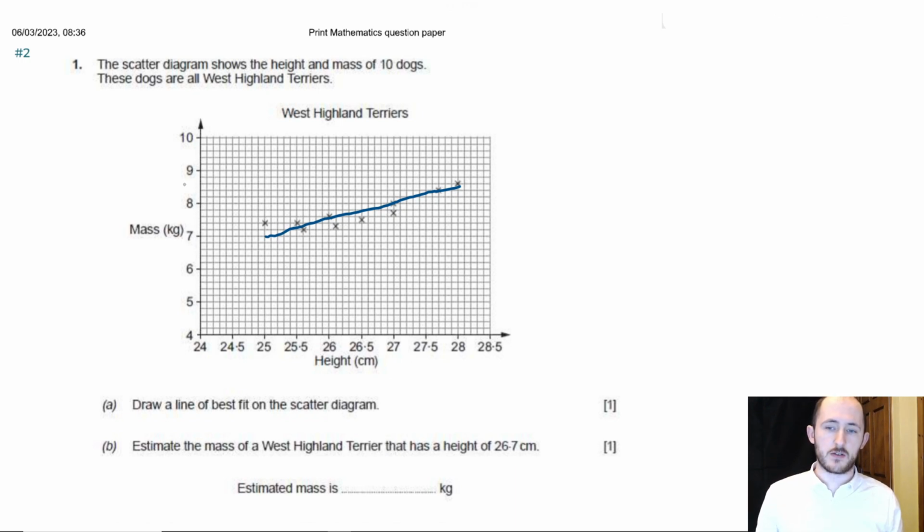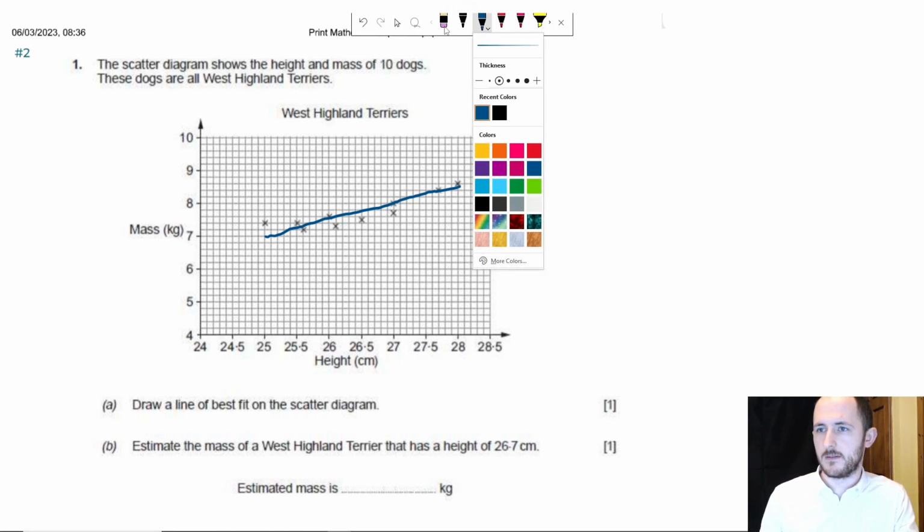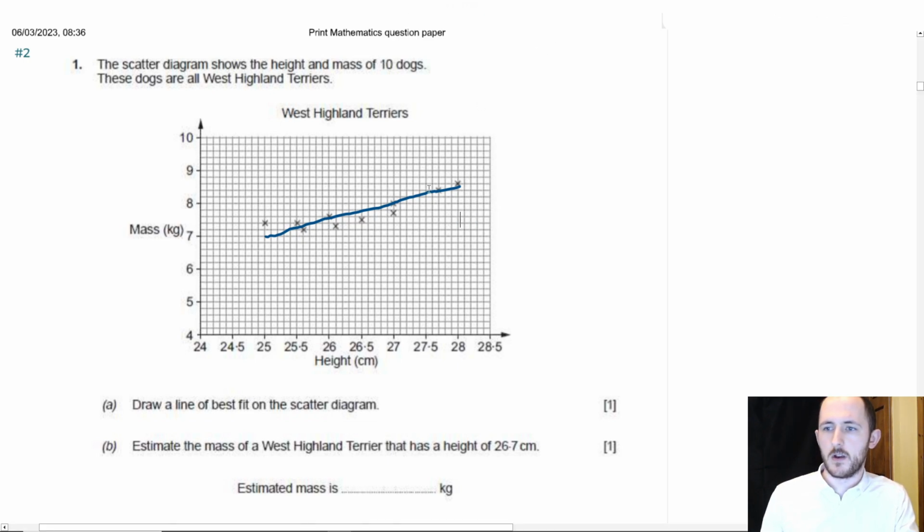They'll give you either an X or a Y value, and you need to find the opposite value. So in this case, they're giving me an X value, and I need to find the Y value. So to do that, all you need to do is find where 26.7 is on this axis, and go up, touch the